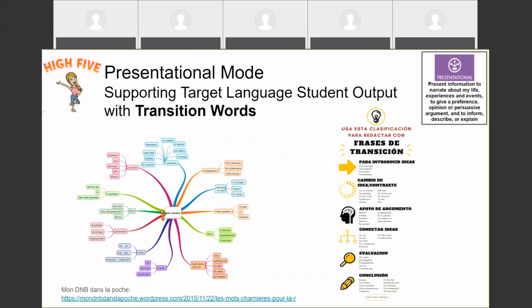Another support with the transition words, these are examples, one in French and one in Spanish that we have here, where just using these small transitions gives them a variety, as well as being able to chunk small bits of information that they know, that they've memorized, and put it together to grow the amount they're able to either write or speak whenever they're presenting.